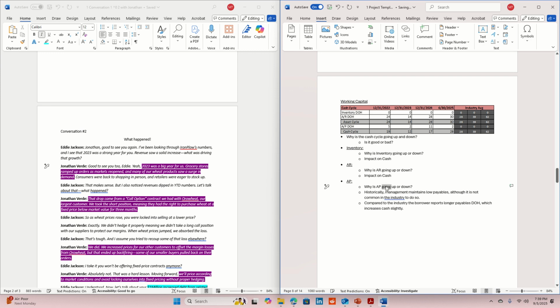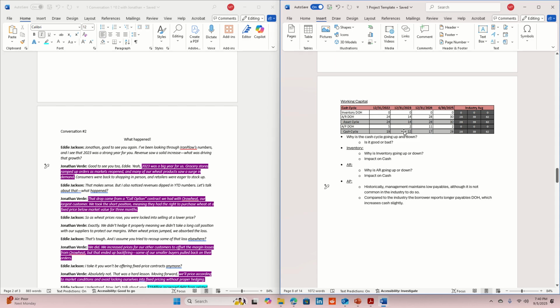Okay, two statements, real quick. We don't really have to go too much into explaining what's going on with accounts payables, but let's say you do have accounts payables that go up a lot. There might be a statement inside of here that talks about what management strategy is, like management is trying to keep cash on hand. And even if they don't say that, you can confirm whether or not management is trying to keep cash on hand by checking